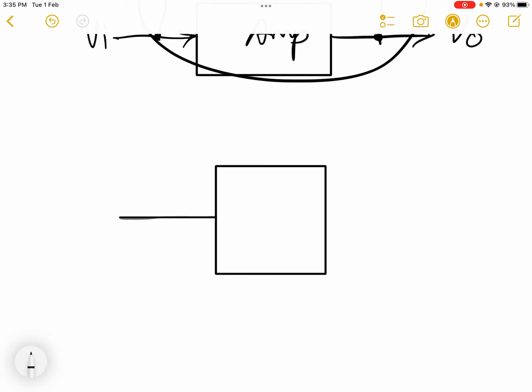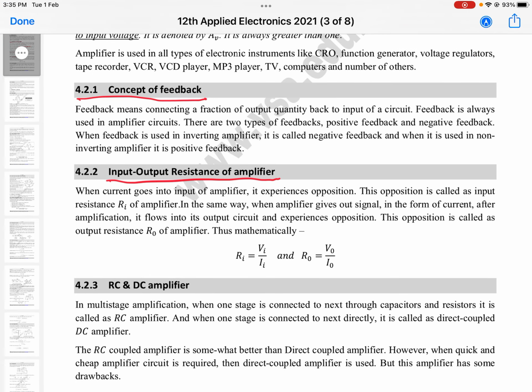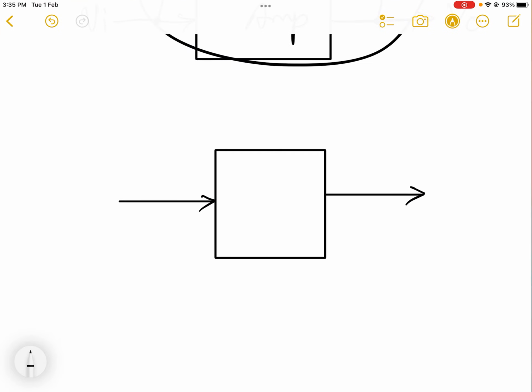So here I connect the input and here I take the output. Now we have to see the input and output resistance here. Point number 4.2.2. So what is that? Let us see it. If I apply, suppose, some input voltage Vi and I am getting some output voltage Vo,